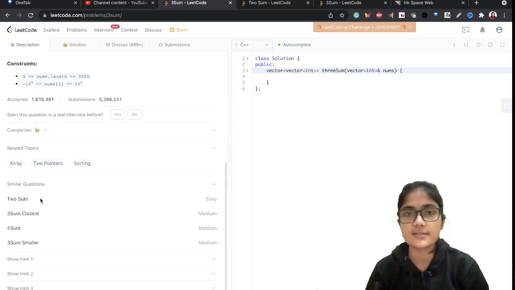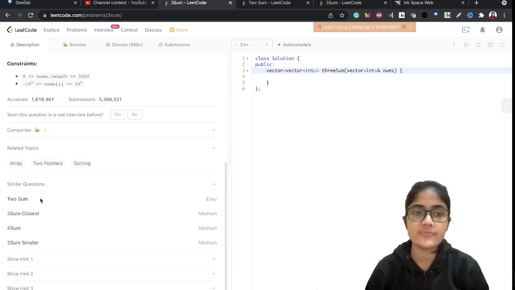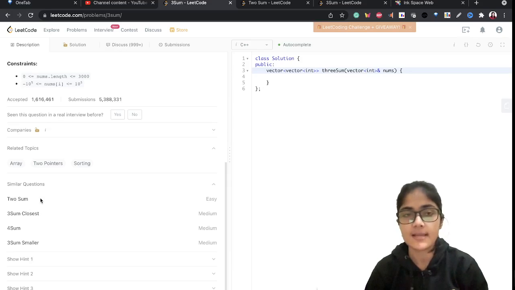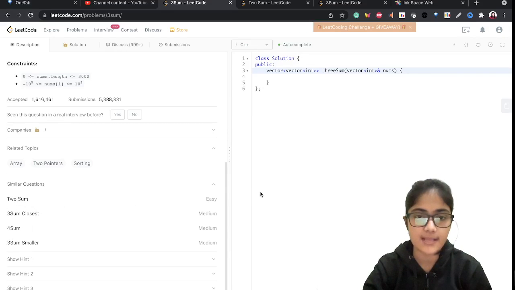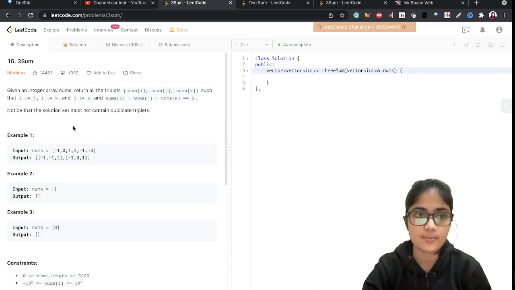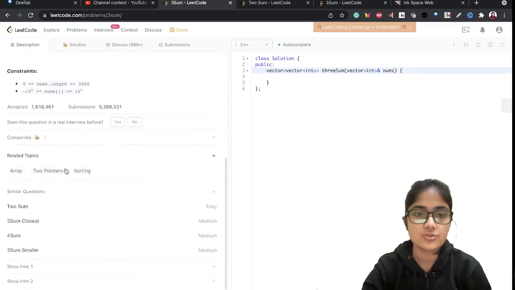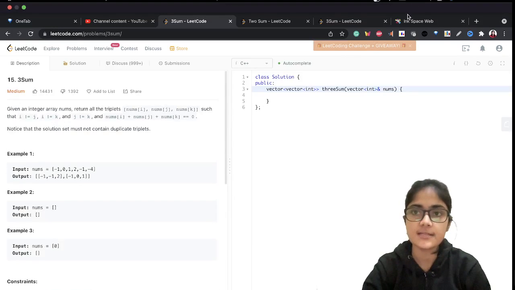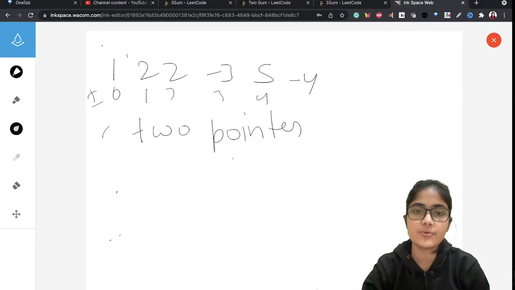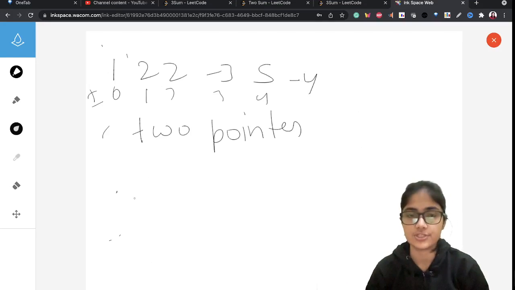We are using the concept that we learned from Two Sum in this Three Sum, and similarly we will use the same concept to solve all similar questions. So please solve that question first, as it is an easy question and you are solving this medium one, so you should know that question first. Still I will give you a quick overview of it in this video, but I recommend you pause this video and go solve that question.